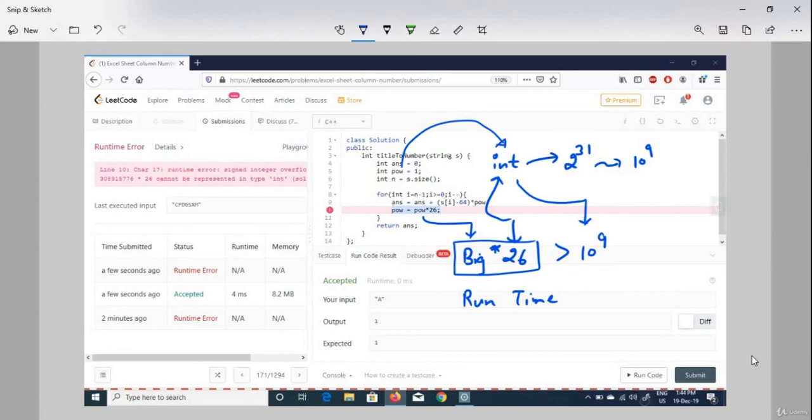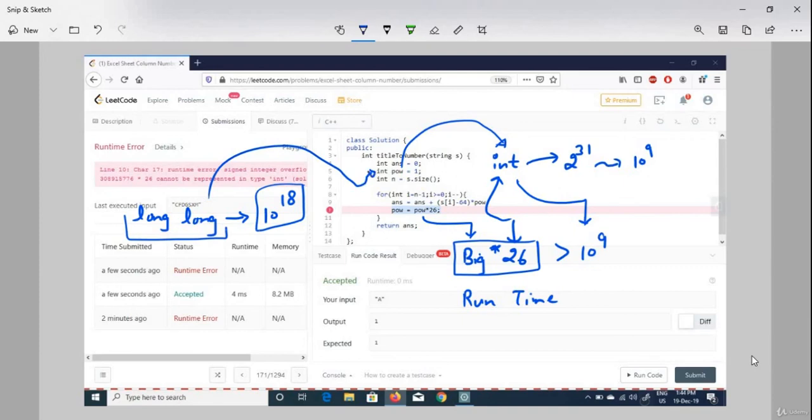So to solve this question, what can we do? We have a data type long. The range of the long data type is that it can store numbers up to 10 to the power 18. So if we use the long data type for the power variable, we will not get a runtime error, because this big number can be stored in long.